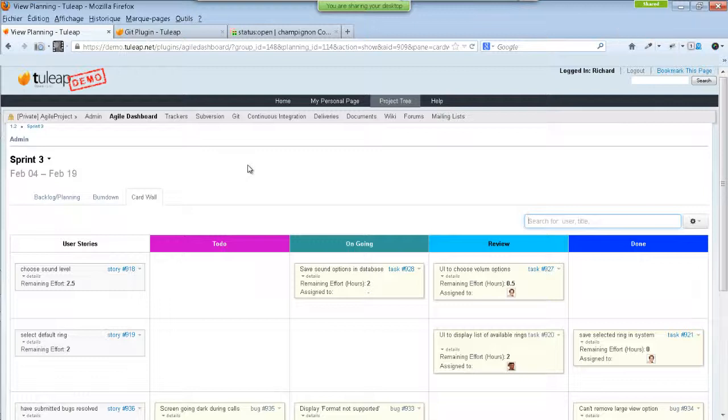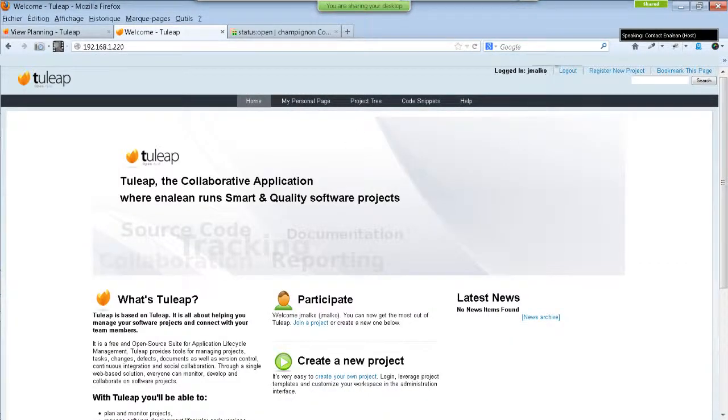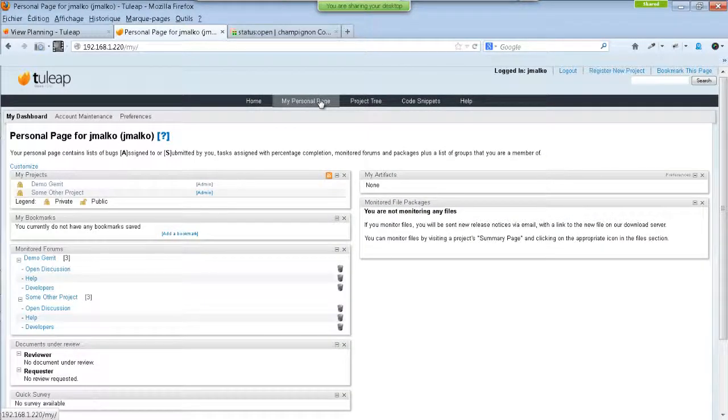So hello, it's Martin. For the needs of this demonstration, I'm going to switch to another server because we have to run LDAP identification in order to make the Gerrit replication available. So let's switch to another server. On this server, I'm logged in as Gmalco, as you can see here on the top of the screen. So let's go to my personal page, the demo Gerrit project,